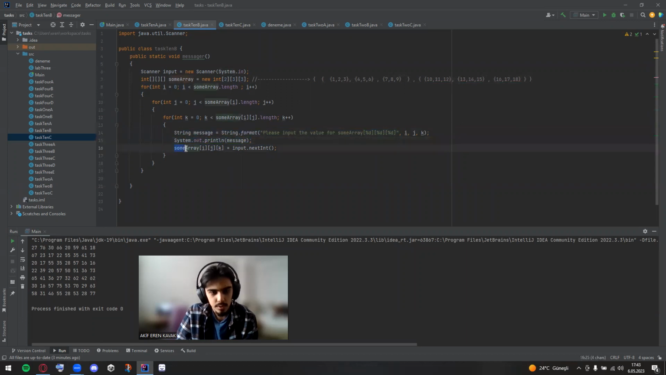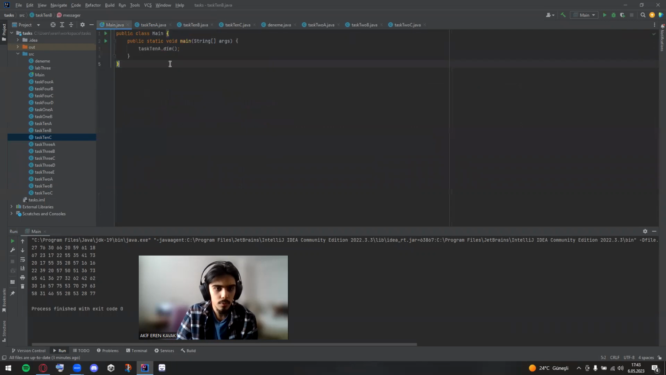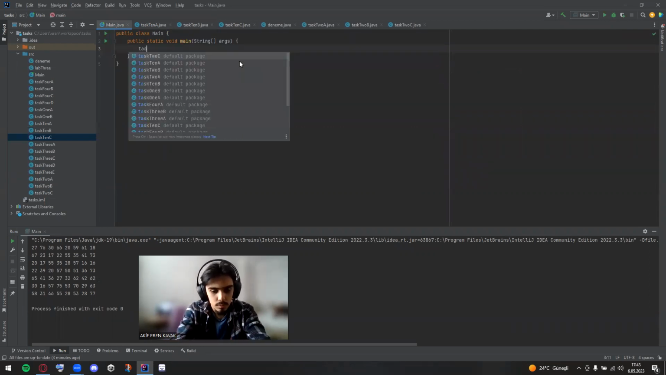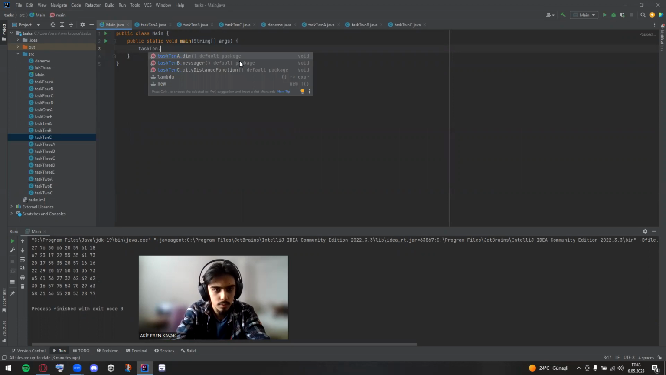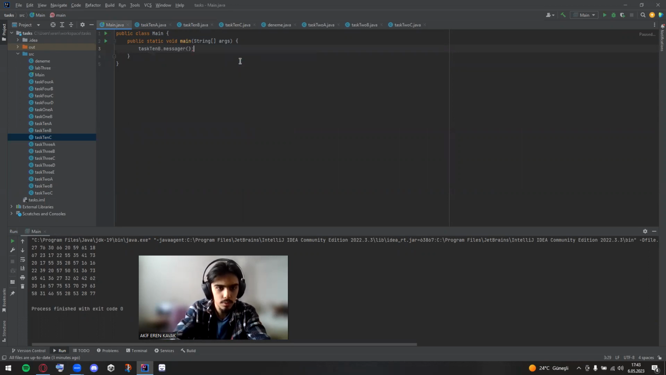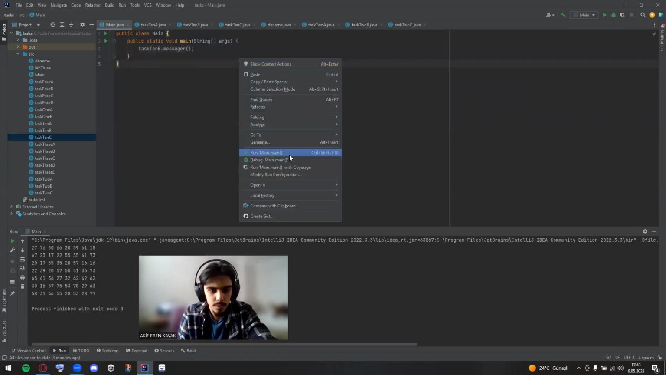And in this line, we will get the input from the user. So, name of the class dot function. And when I run this,